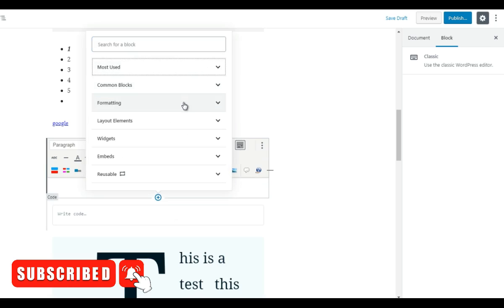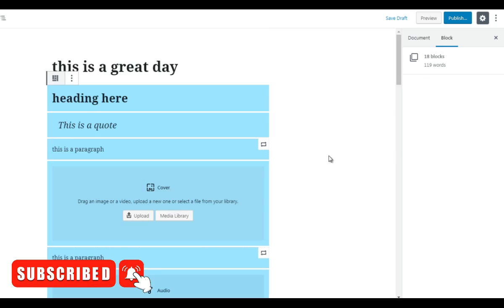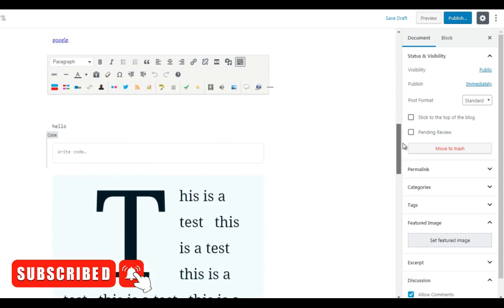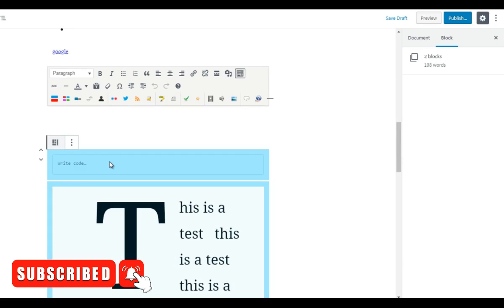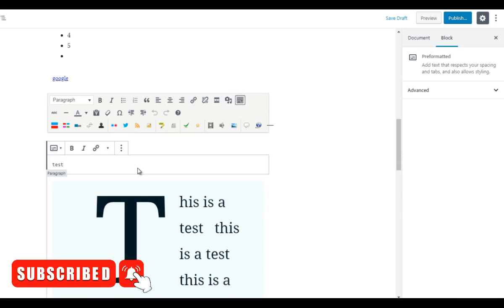Going back, we have formatting, we have pre-formatted. To explain what the pre-formatted block is, like the paragraph block, it is basically there to display text. Unlike the paragraph block, the pre-formatted block keeps any spacing or line breaks exactly as they are entered.